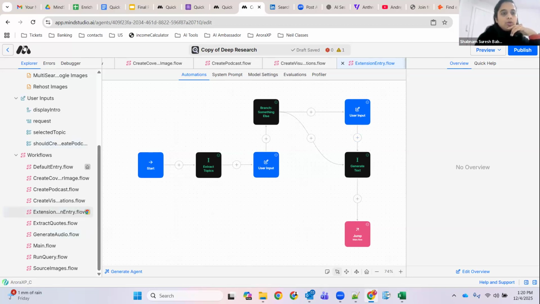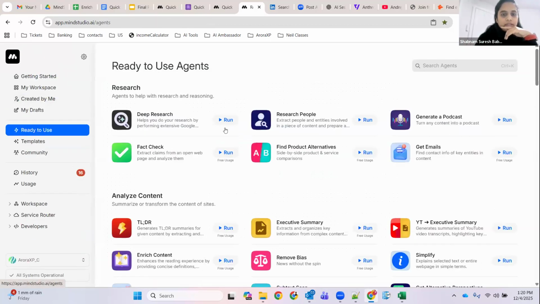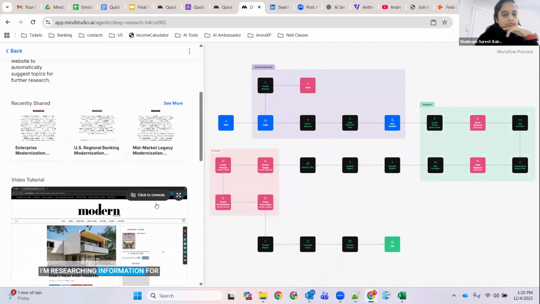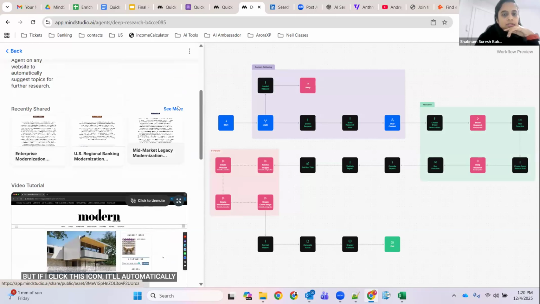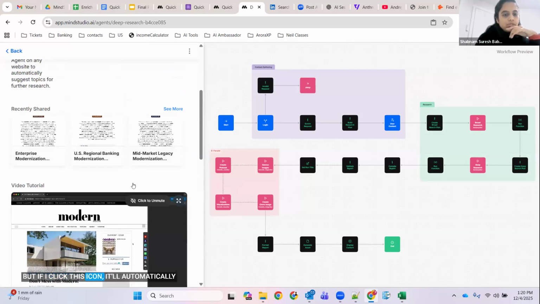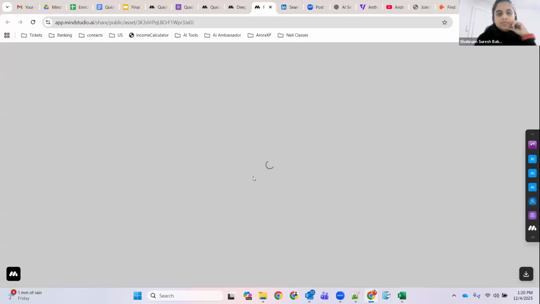So I want to show the output of what a deep research agent would look like as well. Let me see if I run. Yeah, this is an example. Let me show you how extensive this report is.